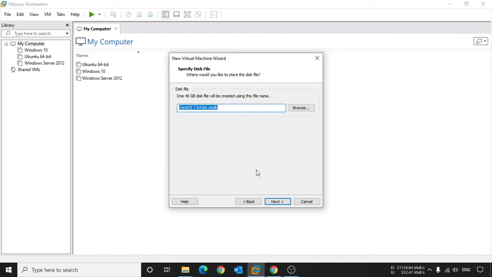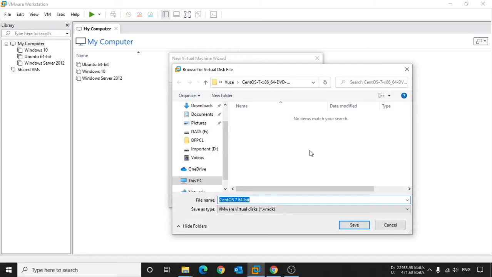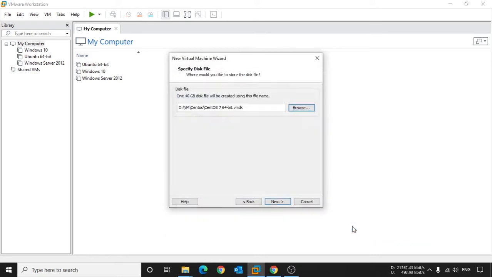Then it shows where you would like to store the disk file. Here I click the Browse button and choose the location, the CentOS folder which I have already created, and then click Save, then click Next.